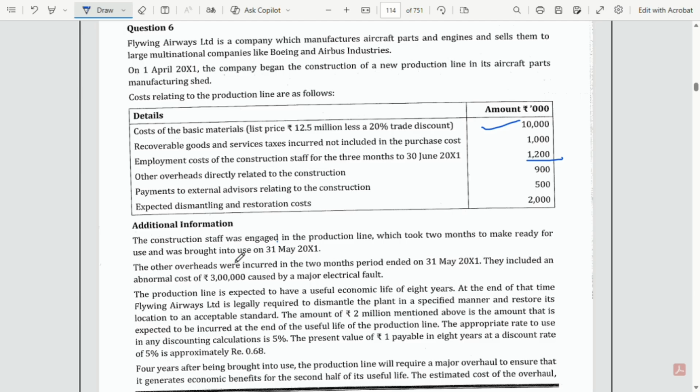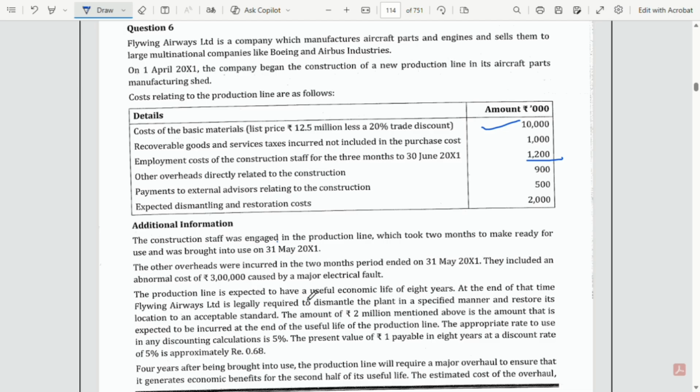एंड हम लोग का कंस्ट्रक्शन कब खत्म हो रहा है, 31 मई को। The other overheads were incurred in the 2 months period ended on 31st May 2001. They include an abnormal cost of 3 lakh caused by the major electrical fault. तो यहाँ पे जो अदर ओवरहेड्स है ना, वो 2 मंथ्स के लिए ही दिए हैं, बट यहाँ पे एबनॉर्मल कॉस्ट ऑफ 3 lakhs भी इंक्लूड है। ठीक है, तो वो हम लोग फिर यहाँ से रिड्यूस करेंगे।